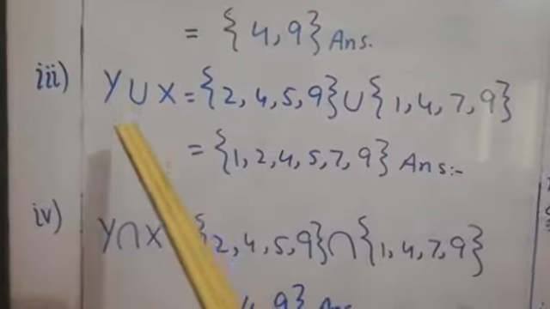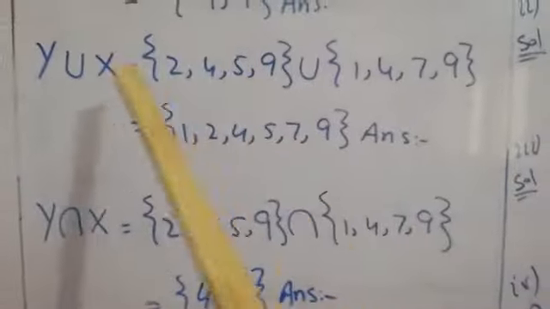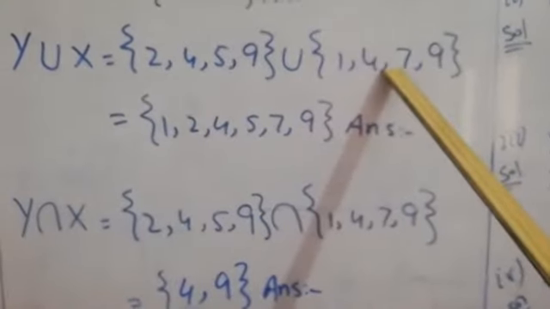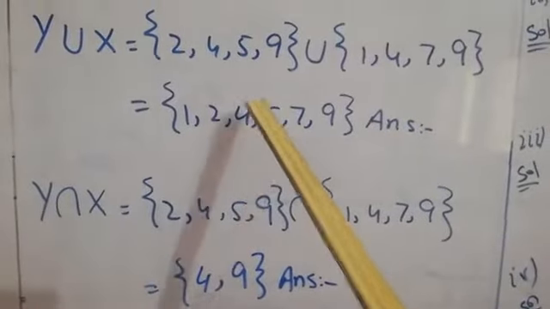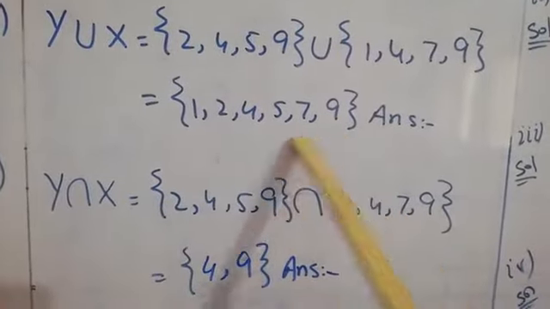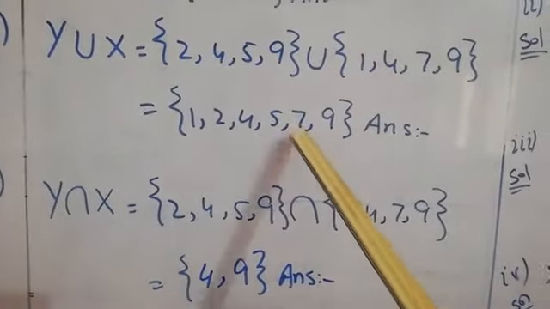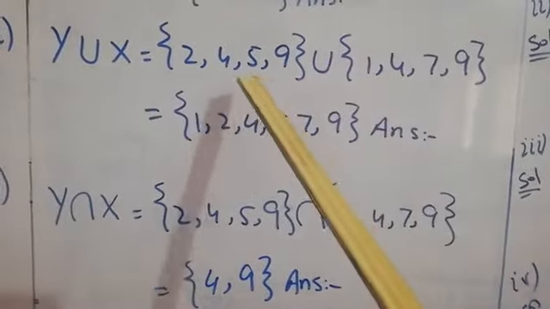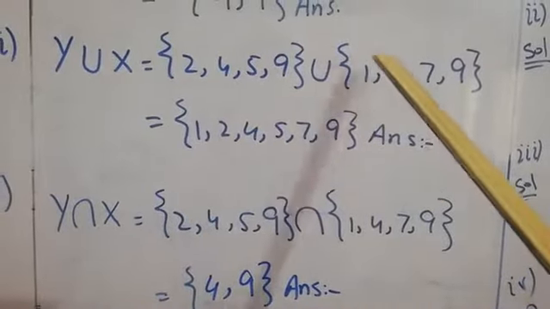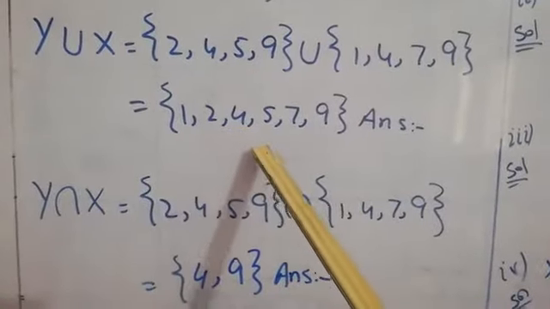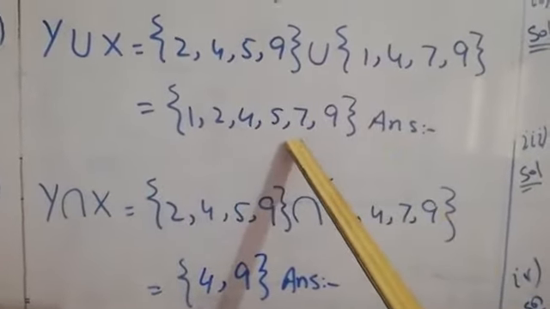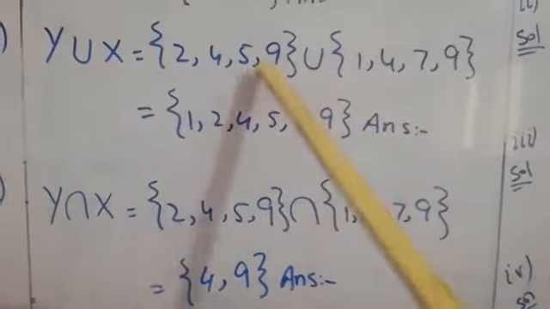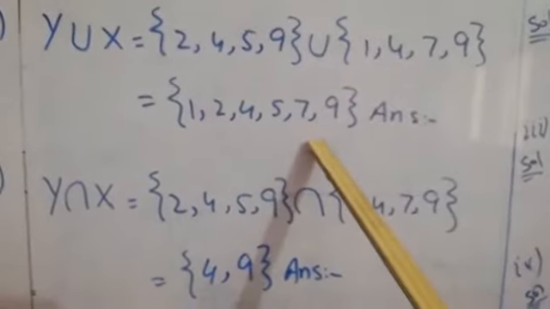And the third part is y union x, like x union y. Same methodology, we will write the set of y, union, set of x, and then we will write all the elements in ordered form. Remember one thing, dear students, we can write in ascending or descending order, but if you do not arrange them, you can write in unarranged form also, like 2, 1, 4, 7, 5. This is also the equal or the same set. But if you arrange, then this is a better and good way: 1, 2, 4, 5, 7 and 9. This is the answer of y union x.